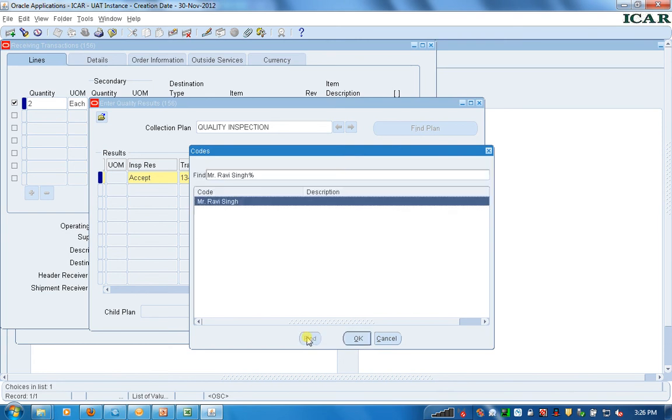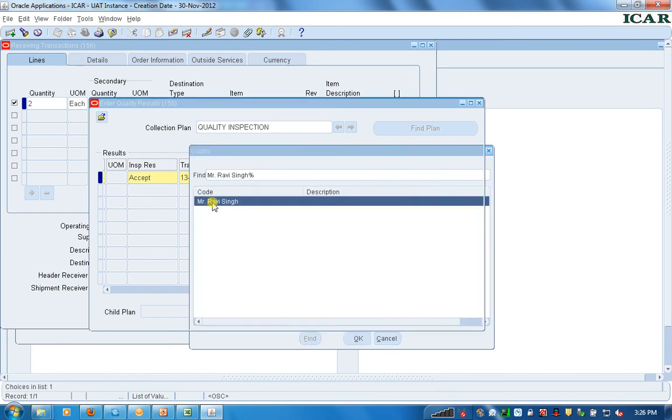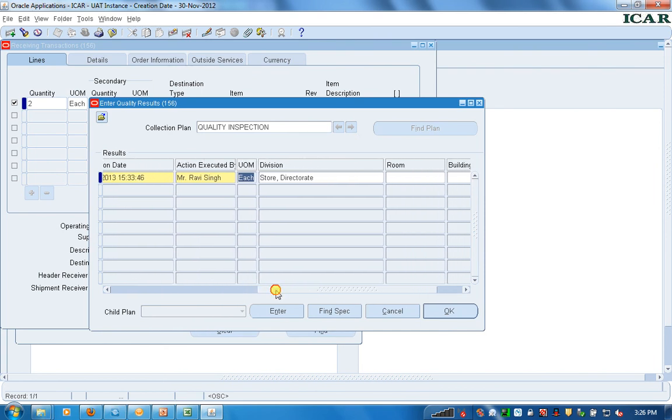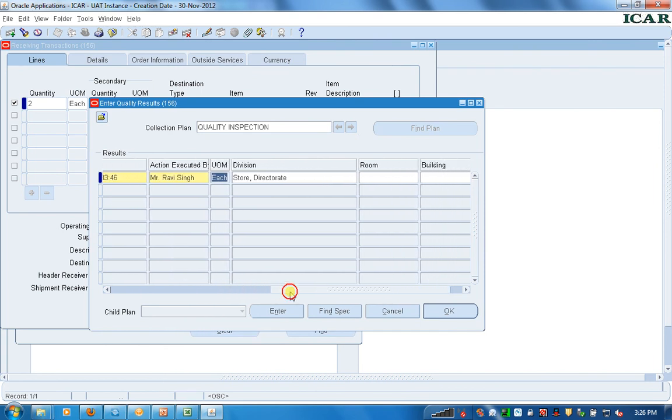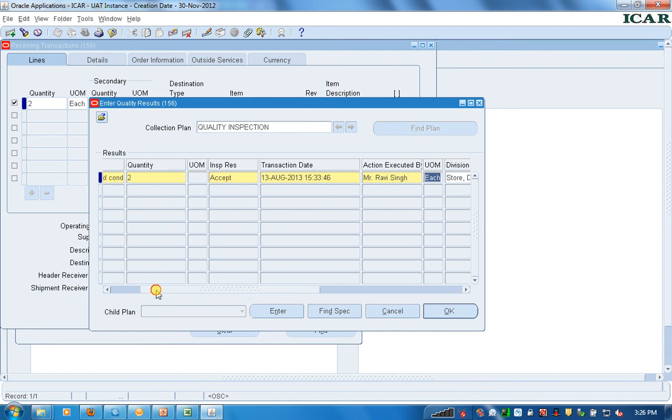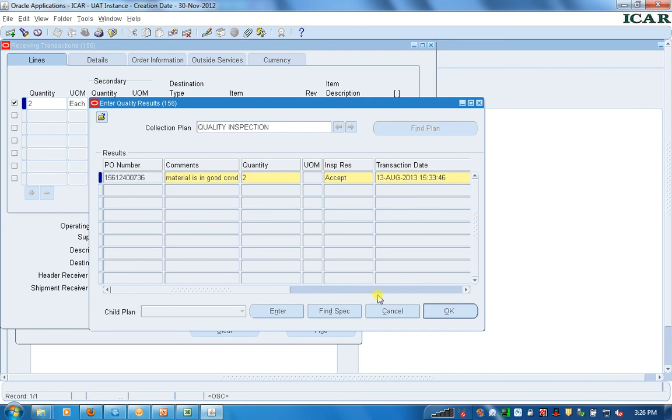Click on find, select it. So this is the inventory item, so the room and building is not required, and then click on OK.